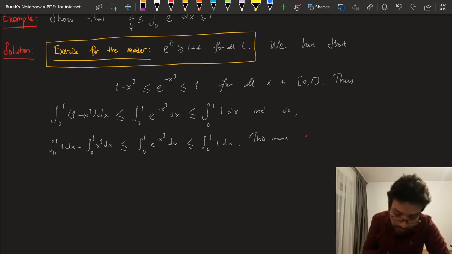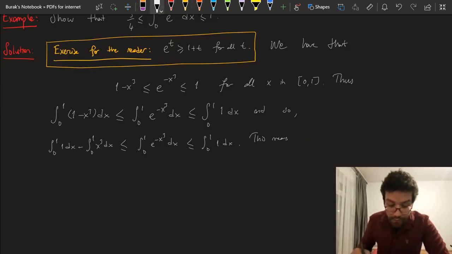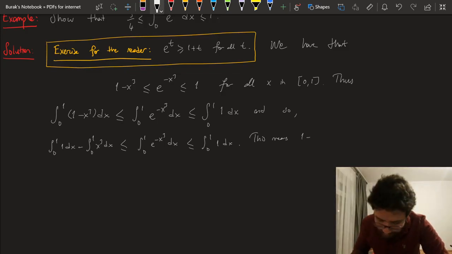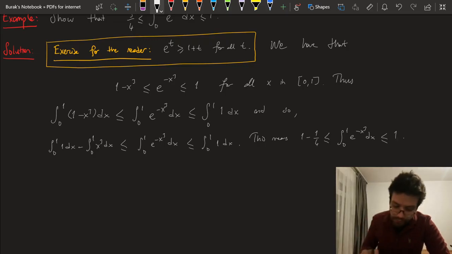and we have computed the integral of x cubed over 0 1, and we found it as 1 over 4. So I have that 1 minus 1 over 4 is less than or equal to this integral, and this is less than or equal to 1. Okay, so we've computed this before, computed last time using